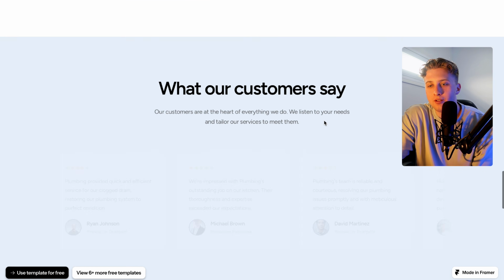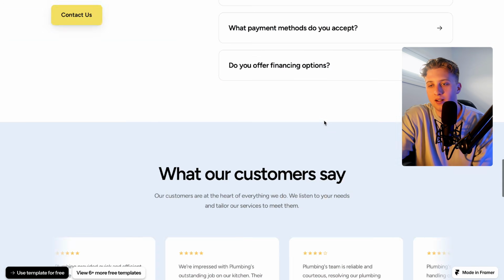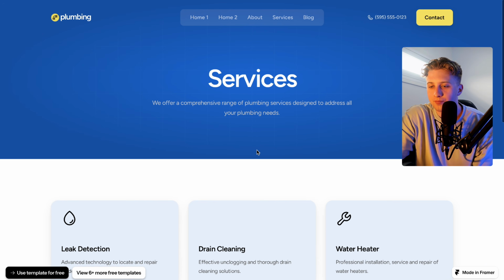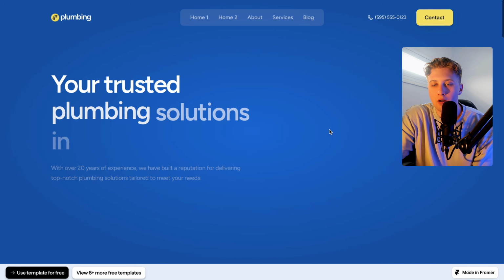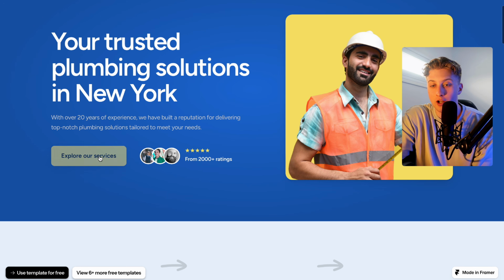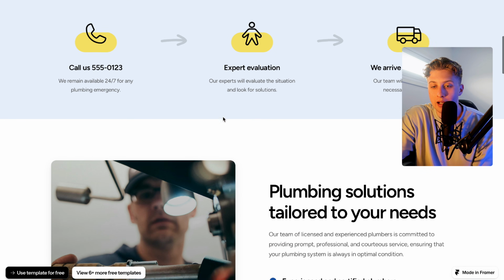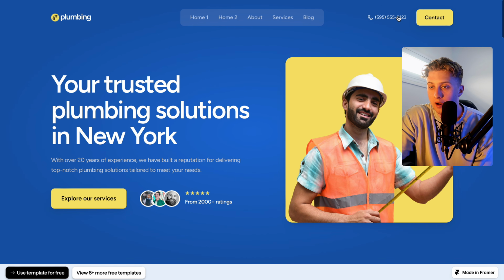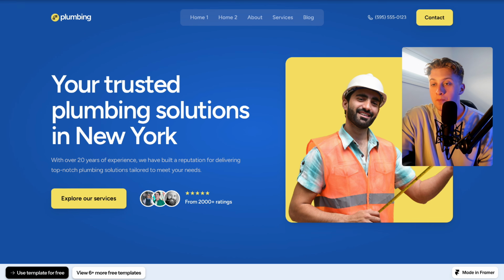It is great if you can use a template that's in the same industry, because obviously then it doesn't take as much editing to do. But I can use this one. I really like this. It's got a bunch of different pages, services, really cool contact forms, and I would go in and I would just put in the logo. I would change the location, a little bit of text. I'd use AI to help me with that. Obviously services if you need to change, the number here. If I need to change the photos, I would, and I'll show you how you actually do that in Framer. And then I would literally just show this on the sales call.